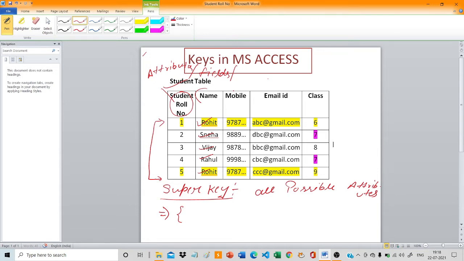Next is mobile number. For mobile number, I have taken 4 digits of any mobile number, starting from 9787 like this: 9889, 9878, 9998, 9787. Here you can see mobile numbers are also repeated: 9787, 9787. So mobile number can also be the same in the case of siblings.